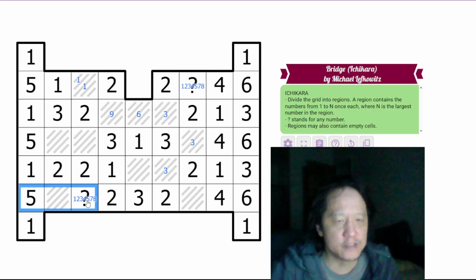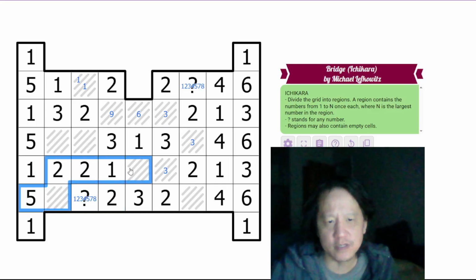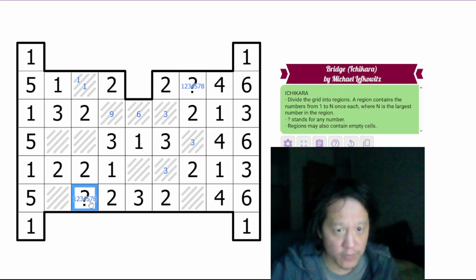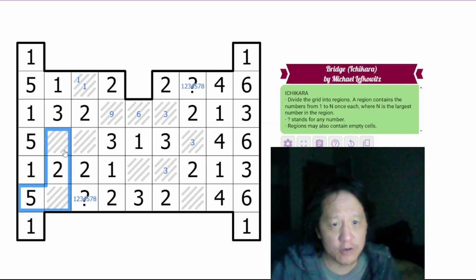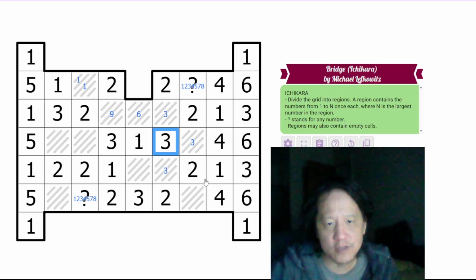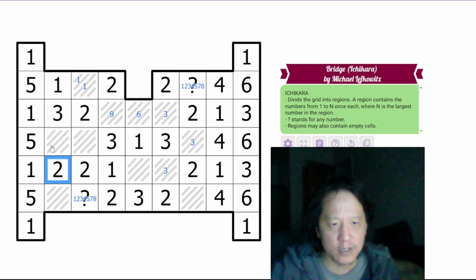Right? Because, again, how does this 5 connect with a 6? You have to get through a 2. So say we don't go through this question mark. Say it's like 7 or 8 or 1, 2, or 3. How does this connect? It can't really, right? You can get 5, 2, 3, but then it's kind of stuck, right? If we try to go 1 here, it's blocked by 2. Each of these is 2 and 3 here, and we already have 2 and 3 accounted for. Obviously, can't go through here. This is blocked this way if we try to go through 3s. So this 5 can never access a 6, which means we need a 5 in one of these question marks,